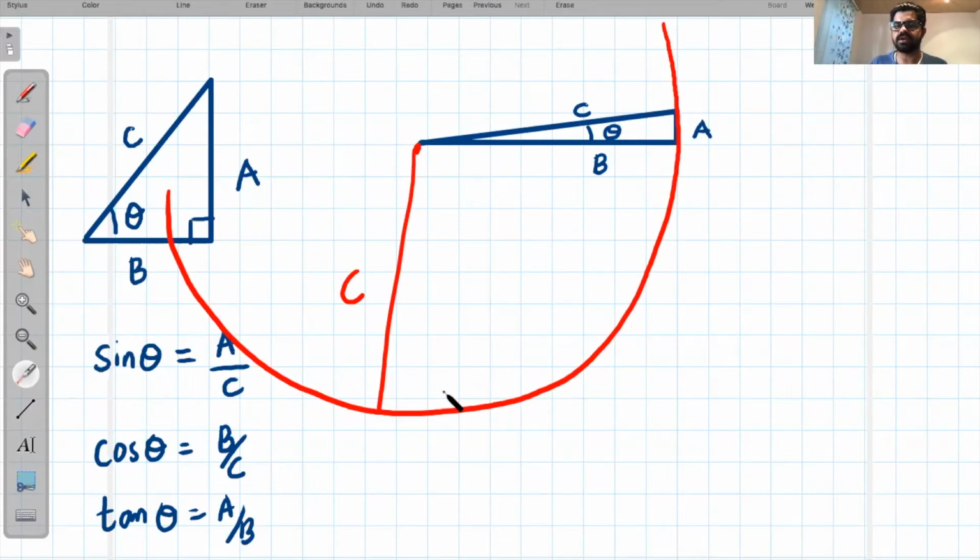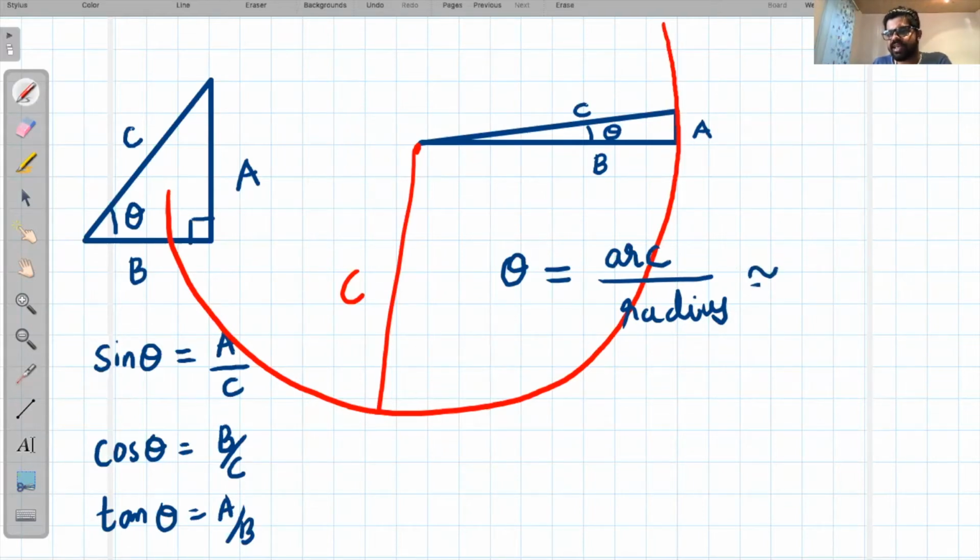If you consider this big circle over here, the angle theta can be written as arc length divided by radius. That is the very definition of angle. Now, what is this arc length over here? It is not exactly equal to, but it can be approximated as A in the right angle triangle divided by the radius C. But as you see here, when this angle theta is very small, both C and B can be considered to be the radii of the circle. So I can very well write this is also approximately equal to A divided by another radius, which is B. This works only if the angle theta is very small. To write this equation, we consider this triangle to be a sector of this very big circle.